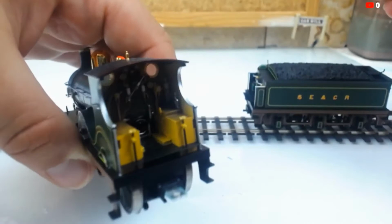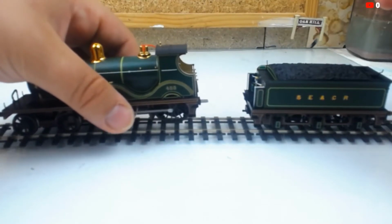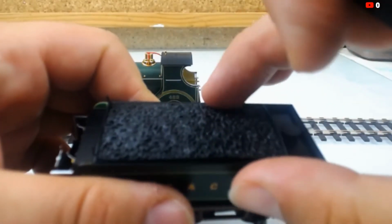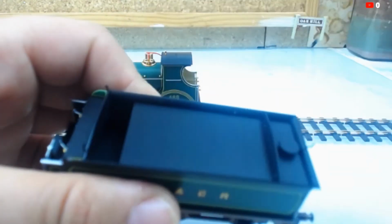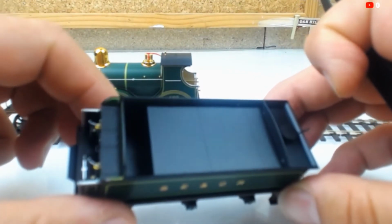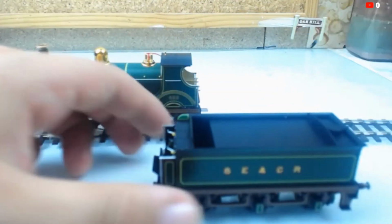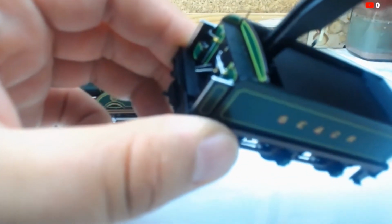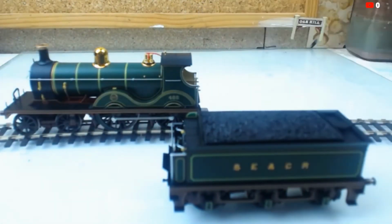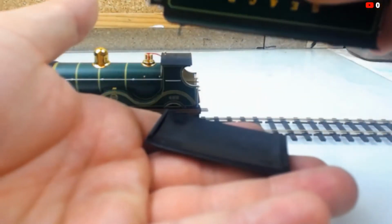It's got a very nicely done cab interior, ready for crew to be added. Well, it will certainly be a tight fit for them. It's got a really easy to remove coal load. You can quite easily just pick it out, and underneath that it has all the detail of the tank top and the coal space in the front leading down to the door, which is open, so if you were to pour coal down here, it could come out the door. And so that is incredibly easy to remove, that coal load. Now, on some models it's quite awkward. On this one you can turn it upside down